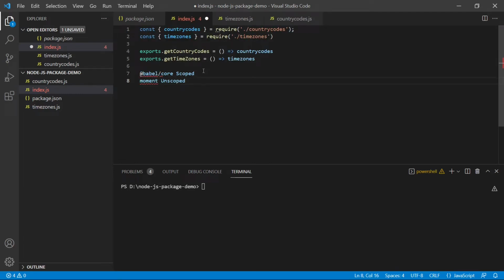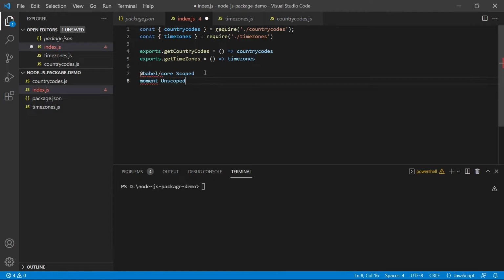I'll not go into the organization aspect, but you can just put in your username here and it will automatically make your package unique. So there won't be any naming conflicts when you create scoped packages. And if you know that your package name is going to be unique by default, you don't have to worry about scopes. You can just pass in the name as it is and it will create an unscoped package for you.